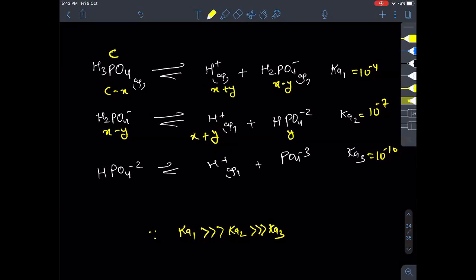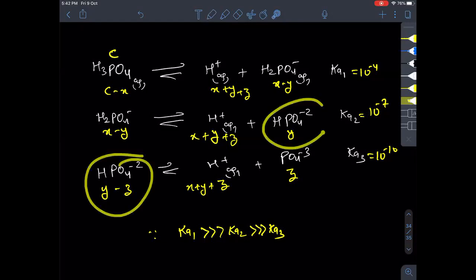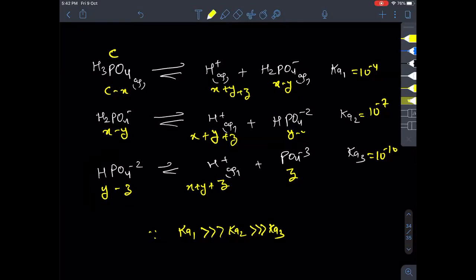So overall I'll write x plus y over here and x plus y over here. Again, you can see the common ion over here. So out of y, some portion of it will definitely dissociate and we will get z. And you're looking at the common ion, x plus y and z. What I can write is x plus y plus z here and z here. Now everything is over, whatever the assumption that I wanted to take. Just here also the common ion, and so it will be y minus z.